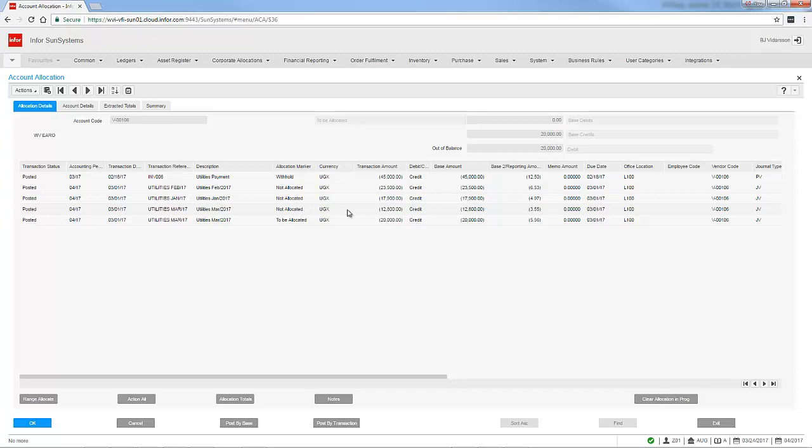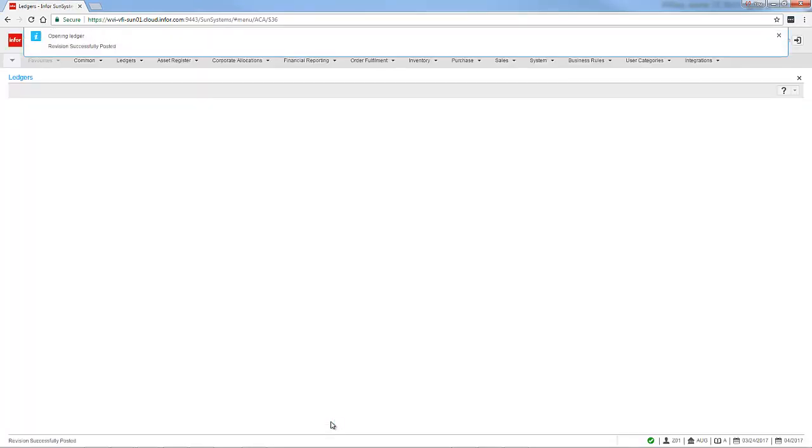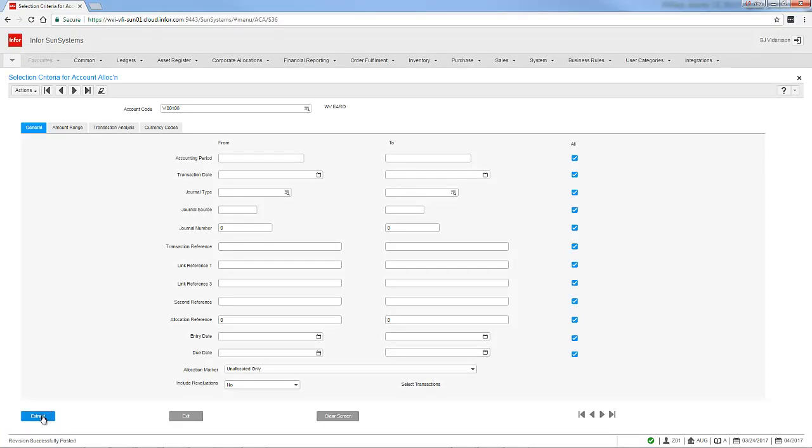And so in this example, we want to put the 12,800 on hold. So we're going to change the allocation marker and set it to withhold. And then for the 20,000 that we do want to pay, we're going to change the allocation marker to not allocated. And this will make it available for payment. We can then proceed with posting the transactions to update our changes. And we can exit out of here